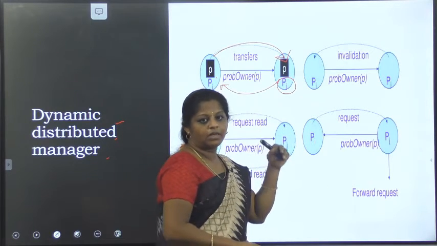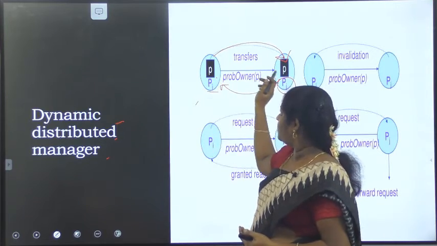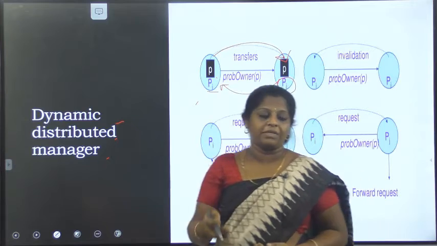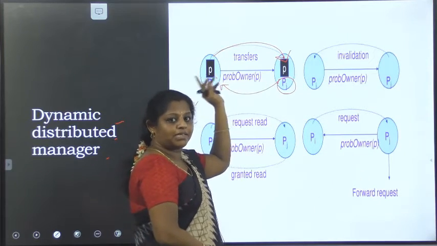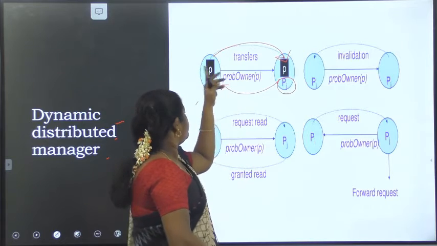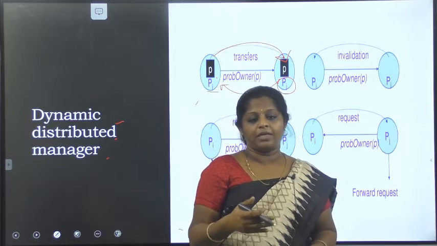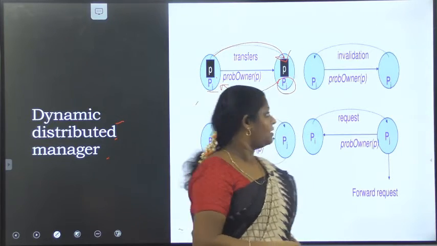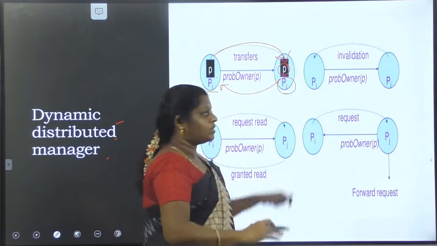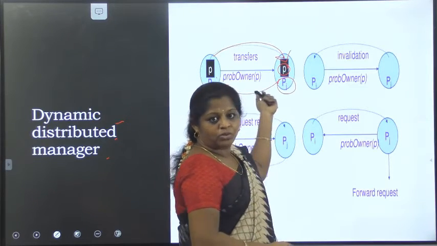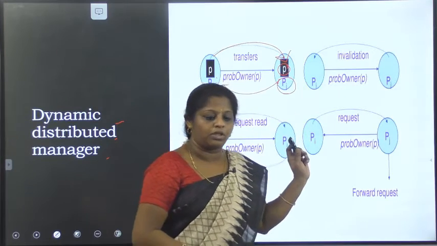I'll tell you again. The first one is when a process transfers, it transfers the ownership itself. Why? Because PJ is accessing this one, right? So PJ sends the request to PI. That time the process PI transfers its ownership of P to another process, then it will be updated. So once it transfers, the page will be updated. So PI has no rights to do anything. PI couldn't do anything. Why? Because it transferred the ownership fully.